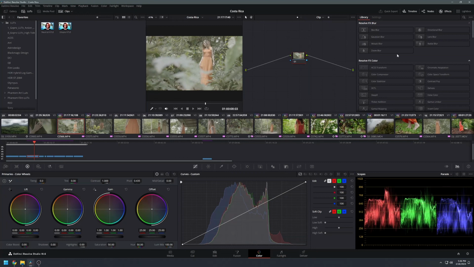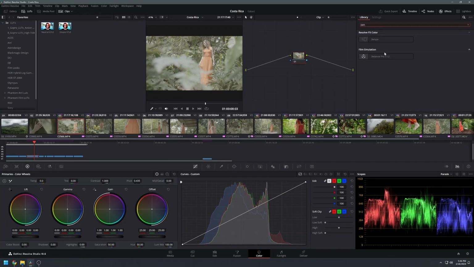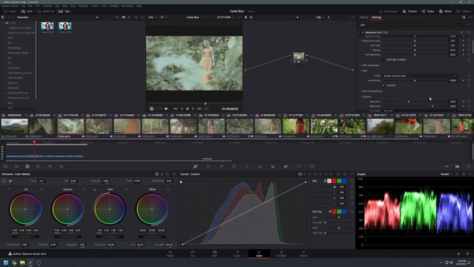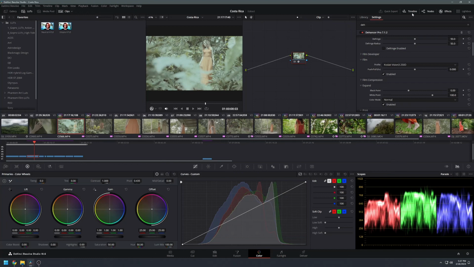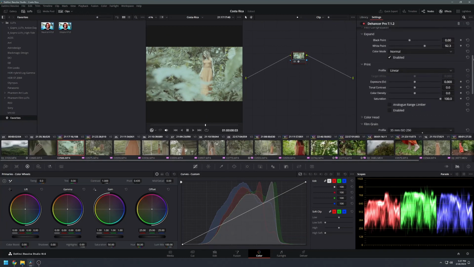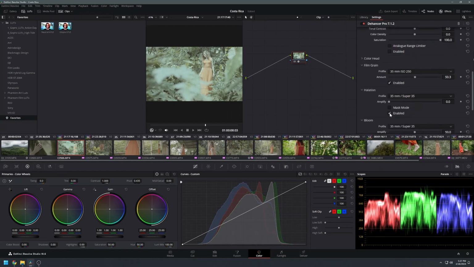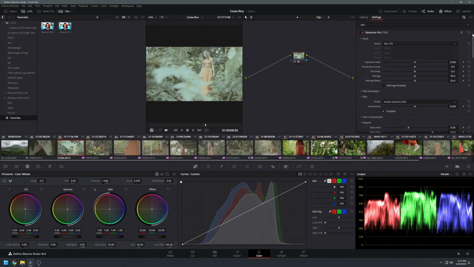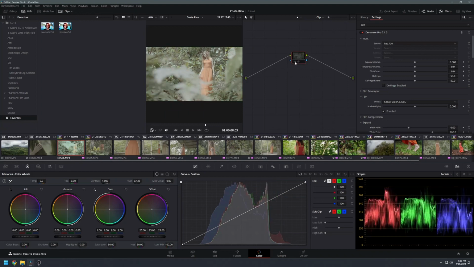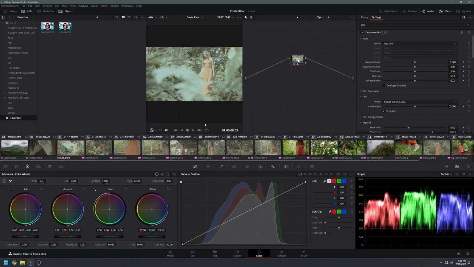So first let's add a node and then add Dehancer to the clip. As you can see here, the UI interface is really clean looking, and it's fairly intuitive. It immediately puts a strong grainy Kodak look on, but you can just quickly scroll down and uncheck the boxes you don't want. This first method we're using is the most simple method, and that is because Dehancer has a